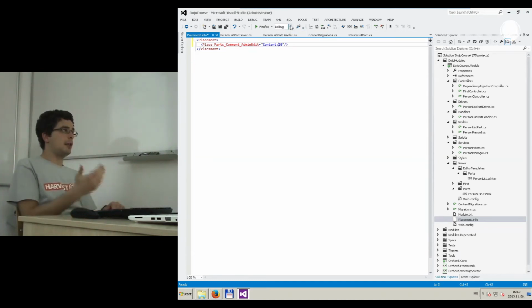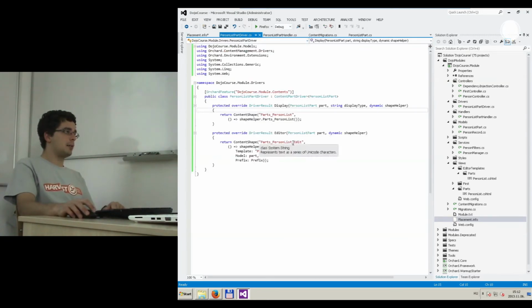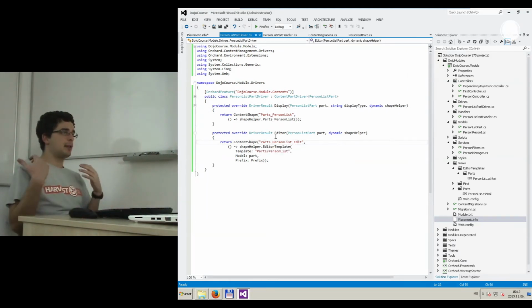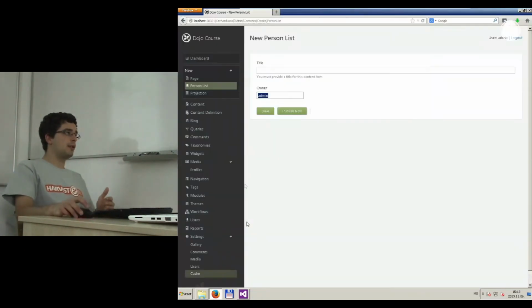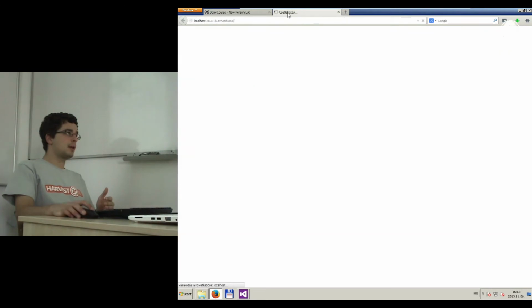What we need now is an entry in the placement.info file for our editor shape. This placement.info file, and generally the placement engine, handles how the shapes of the different parts are displayed among each other. So basically you can modify through placement in which local zone your shape is displayed. Because if you take a look at the home page,